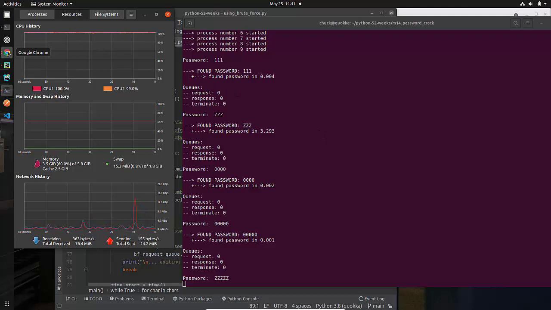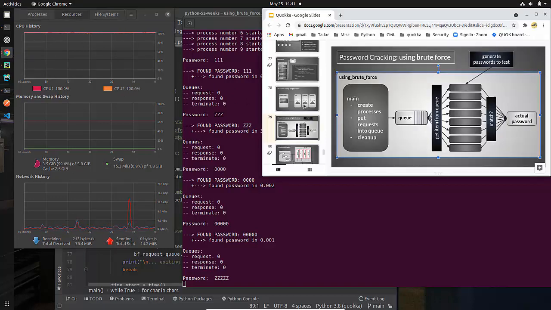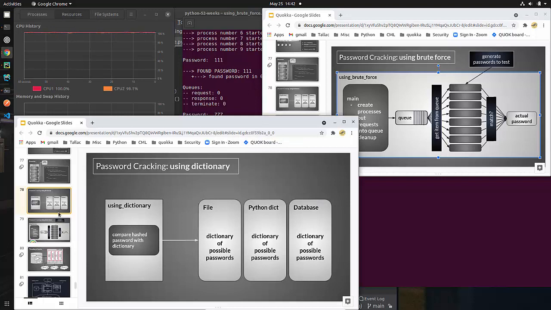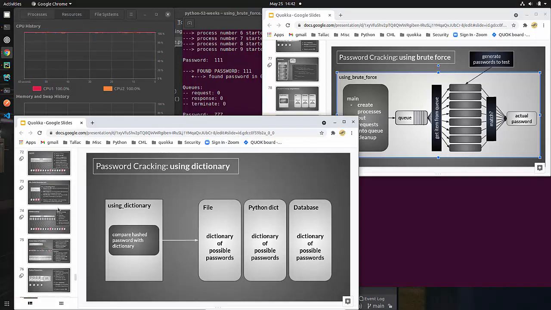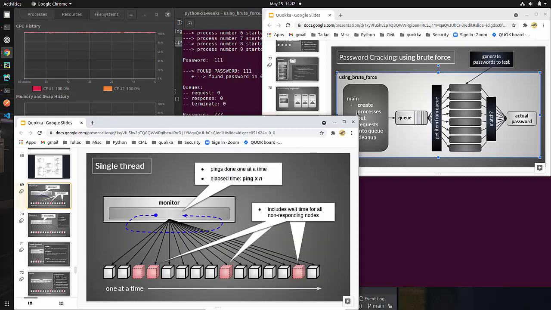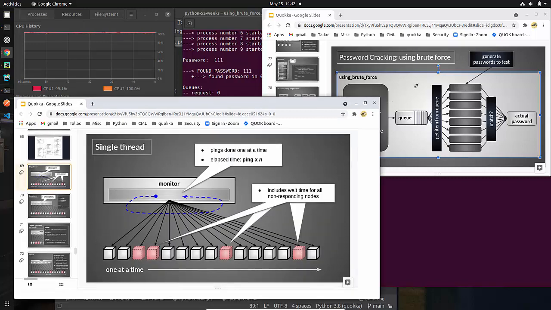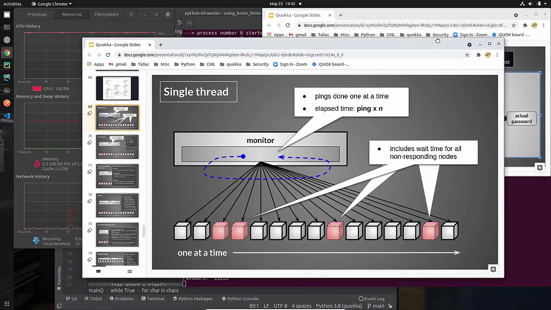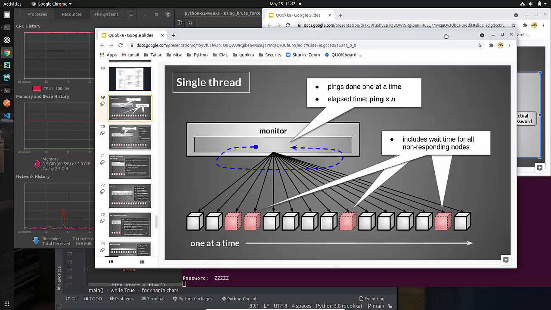So I'm going to let this clunk along in the background, and I want to point something out to you. Let's see, I'm going to go and use this one. And what I need to do is find my concurrency slides, and they're actually right here. So if you haven't seen my concurrency discussion, then you probably want to watch the video where I go into this, I have a sequence of them, so that you understand this. I do explain it. And my apologies, this is going to be going fairly slow.